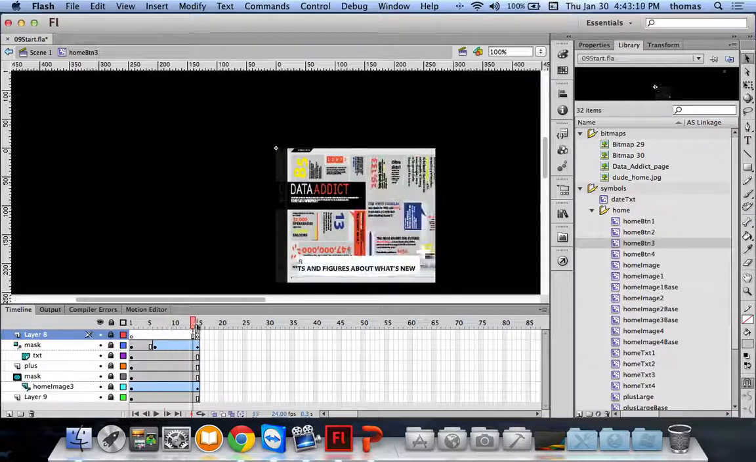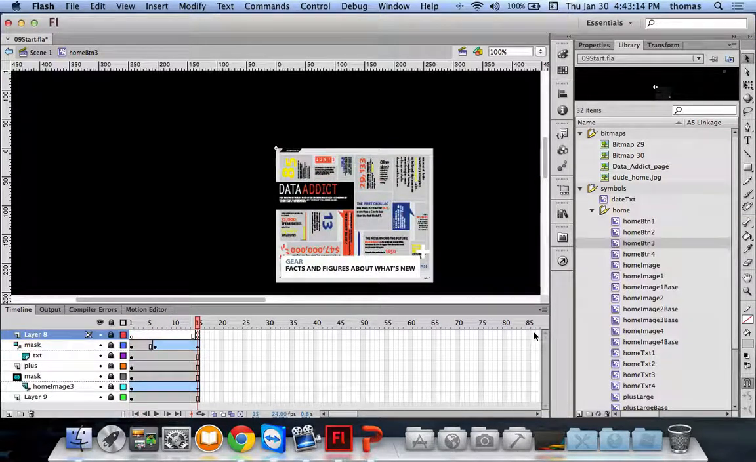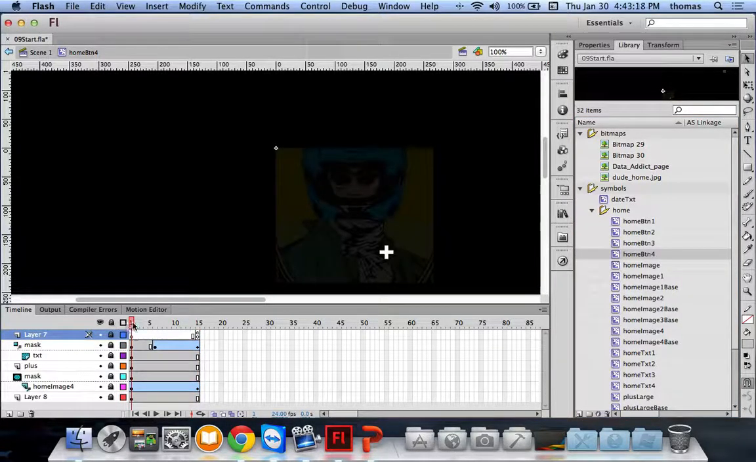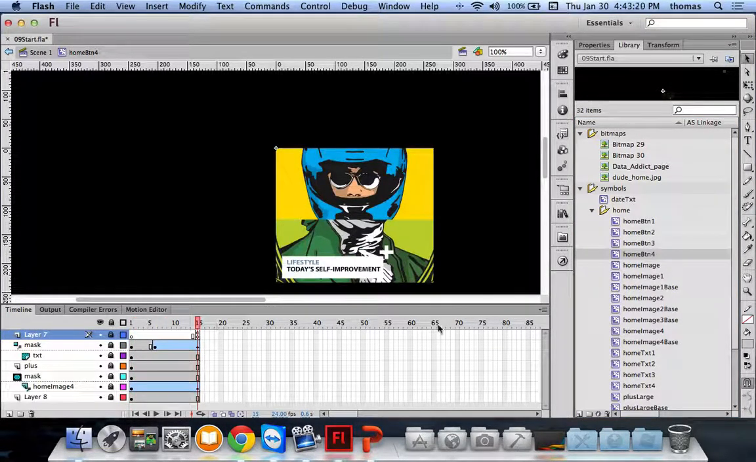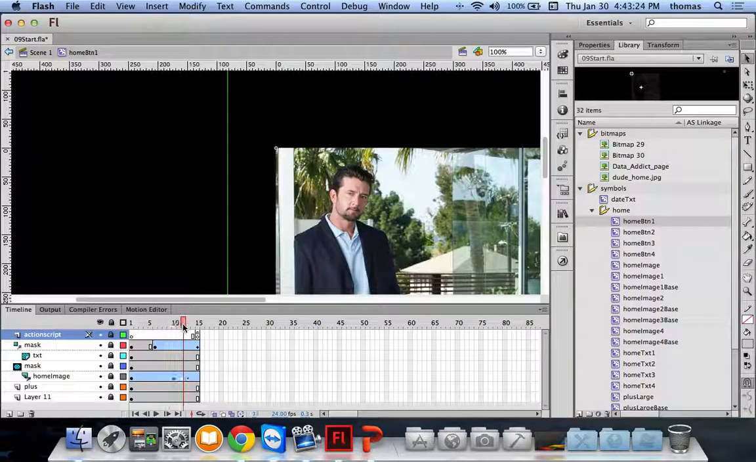So this is kind of all built in for you, right? But it doesn't load anything. This is just the button itself. So this is home button 3. Here's home button 4, right? So this comes this way. And here's home button 1, right? He kind of slides in. Here's home button 2,